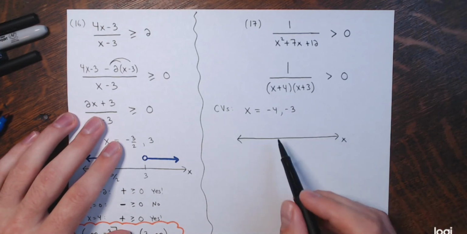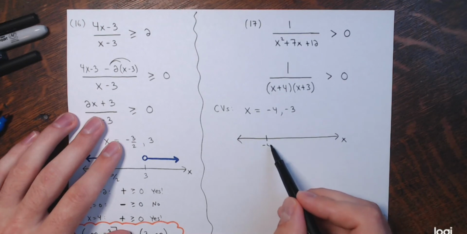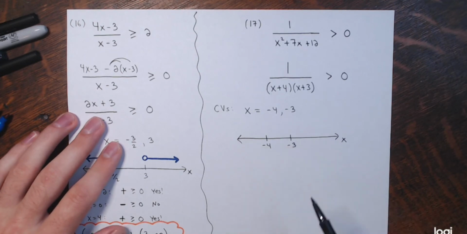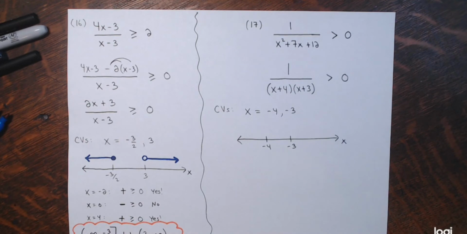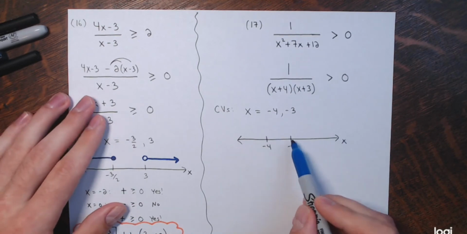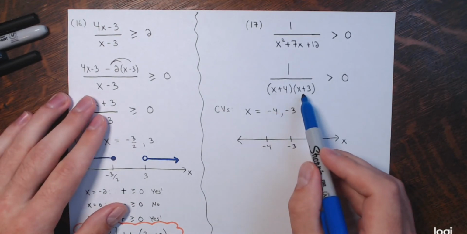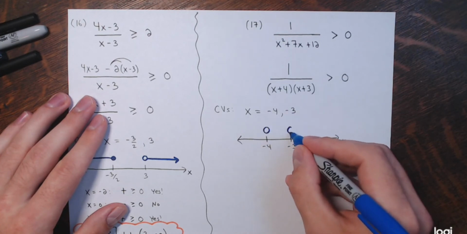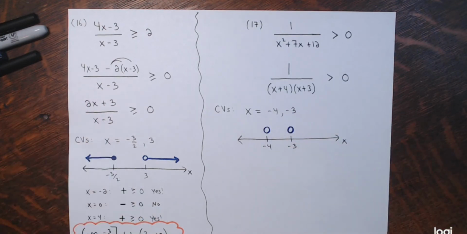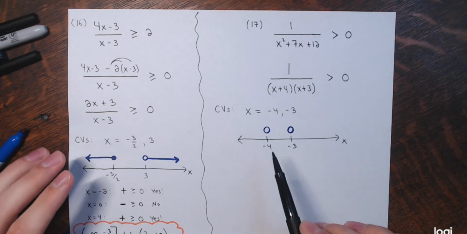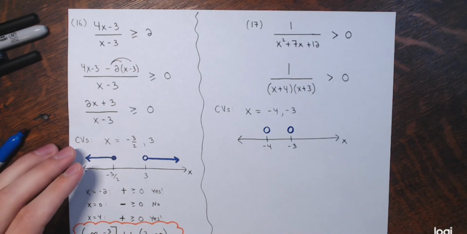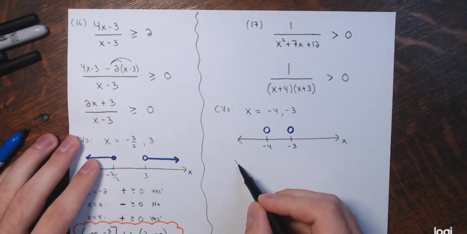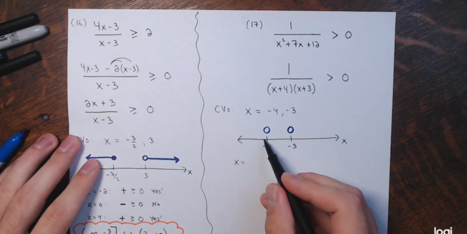Values of x, and we got negative 4 would be to the left of negative 3. And then I test these. Now both of these make this denominator 0, so that's bad. I can't use either one, so neither one of these is a solution. I'm putting open points above both of them. And then just like all the other ones, we have 3 intervals to check. So x equals, how about negative 5,